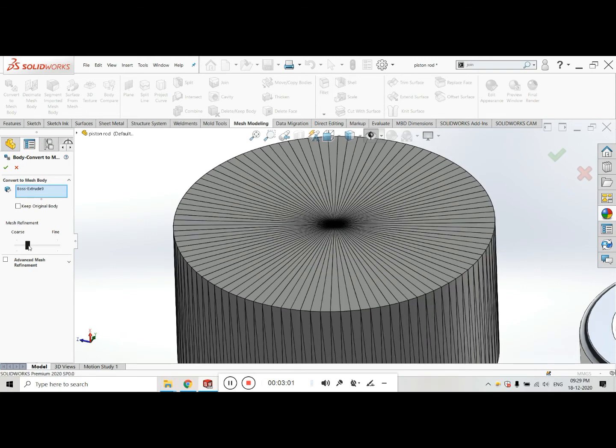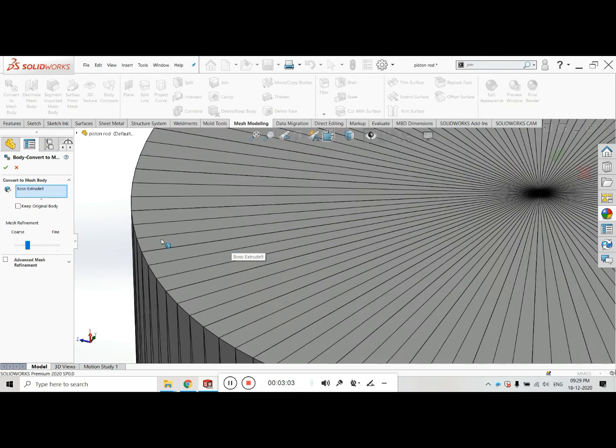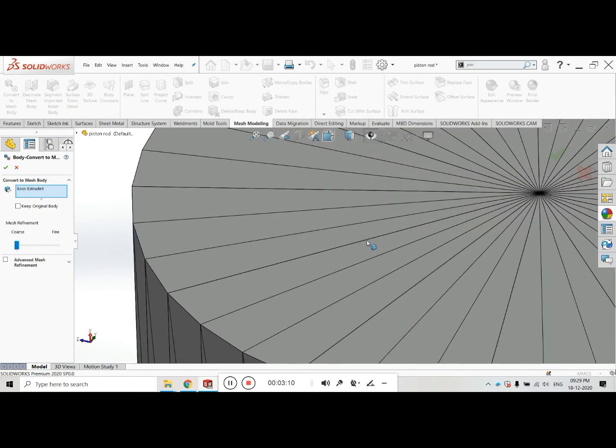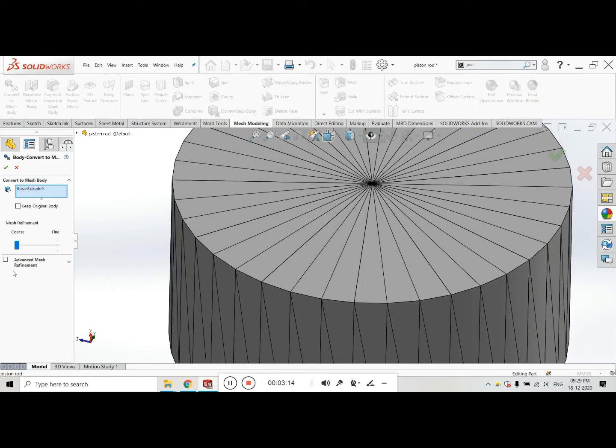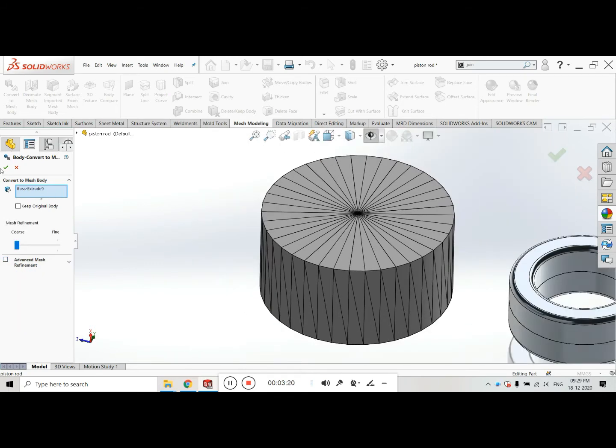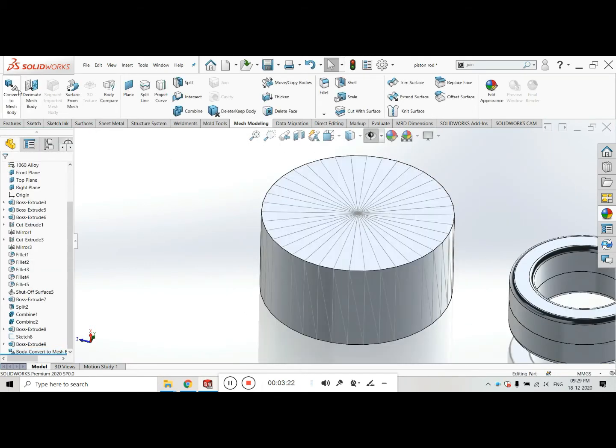I am clicking small, and you can see the mesh increases as I move toward fine, and toward coarse the mesh density decreases. There is also an advanced mesh requirement, but I will not go into it. Just click here and click OK. This is the convert to mesh body.